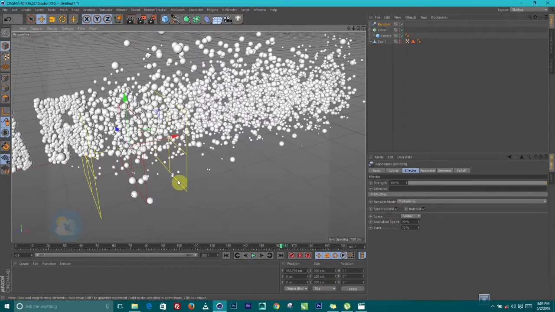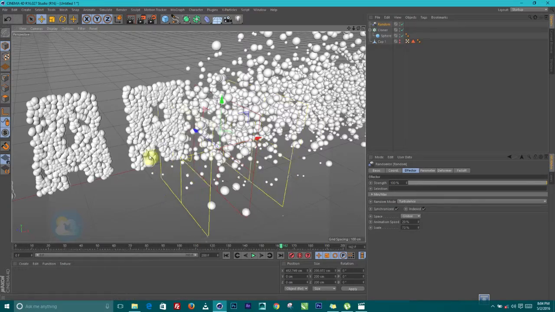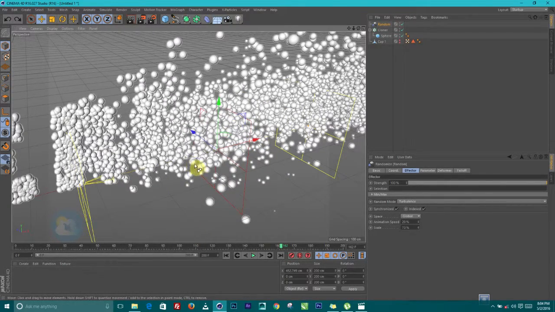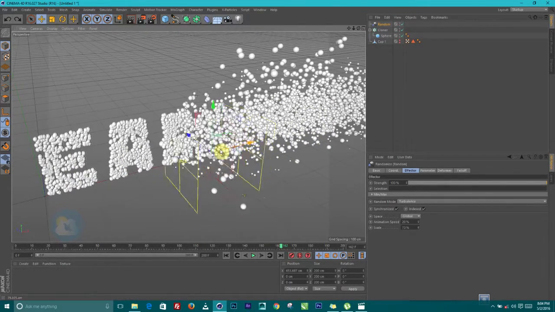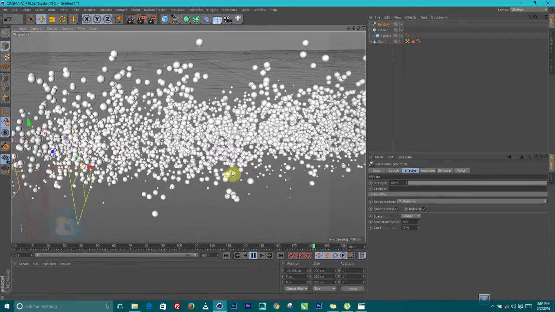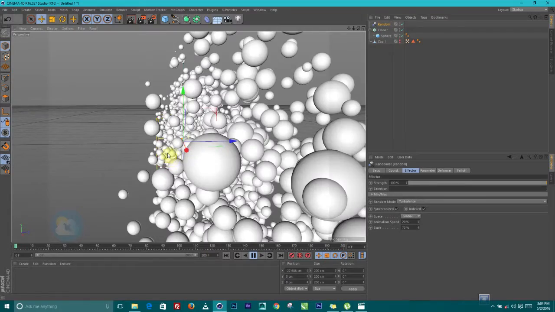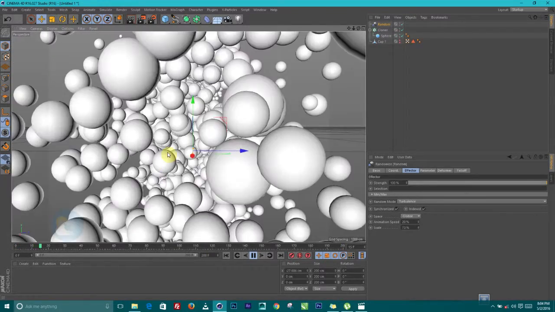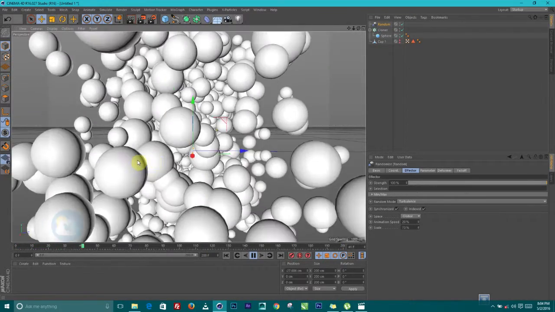So now that is what I did. The next thing is, let me undo that. I need to bring this back. You can see when I play this, the entire thing is actually moving inside. Can you see that? So they're actually moving. Okay,